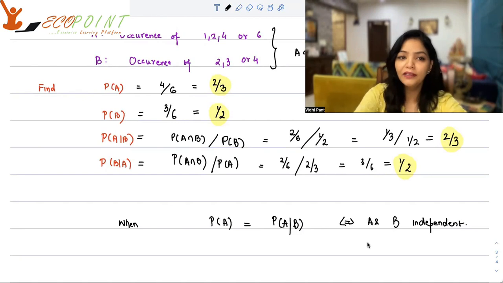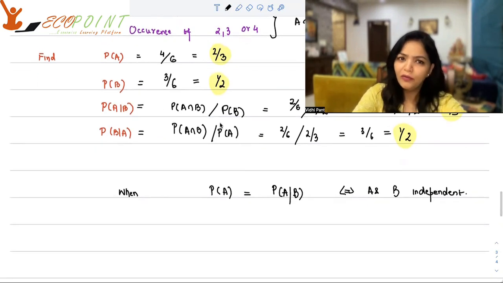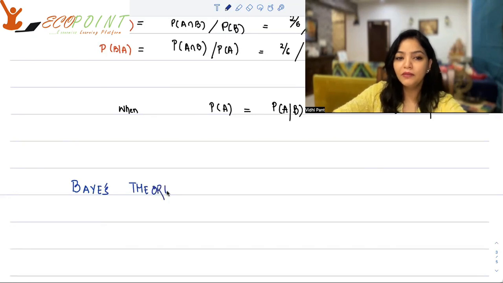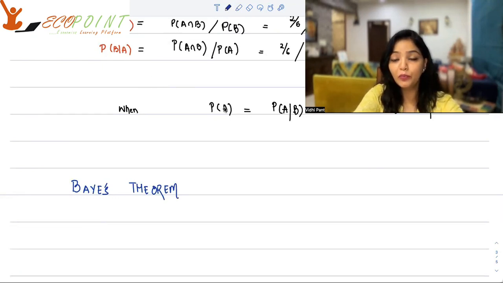Okay. Well, before we get on to that, I want to talk about something very, very interesting here, which is very important from any exam point of view, any entrance point of view, and that's the Bayes theorem. Bayes theorem is a theorem which basically deals with total probability. Okay. So it happens in a certain scenario when you're able to partition your sample space. So what exactly I'm trying to say here?